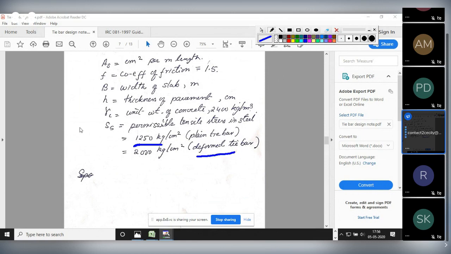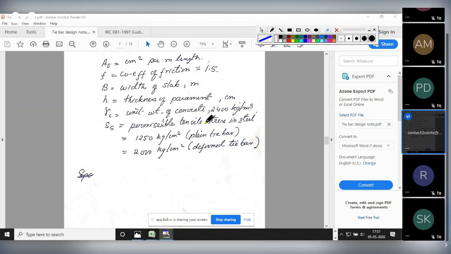And what do deformed bars mean? Suppose this is the rod, the surface will have some grooves. You have already seen a bar like that. These are the deformed bars. They have more gripping power and more strength, and more bond strength also, because of these grooves the gripping is better. And mild steel has no gripping, it is simply a plain bar with a smooth surface. So the tensile stress is more in the deformed bar compared to the mild steel bar.